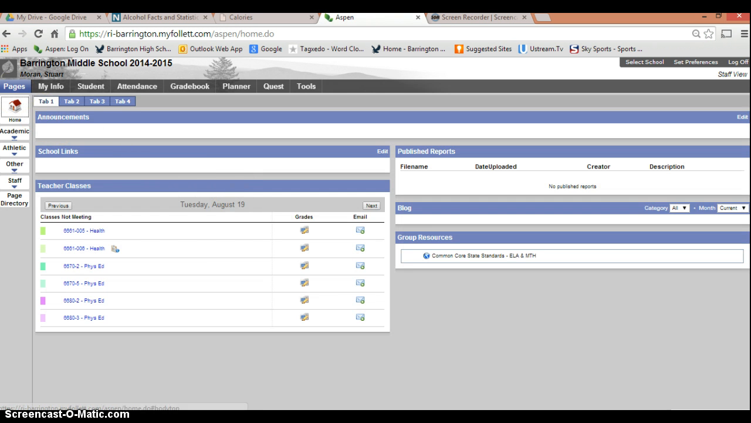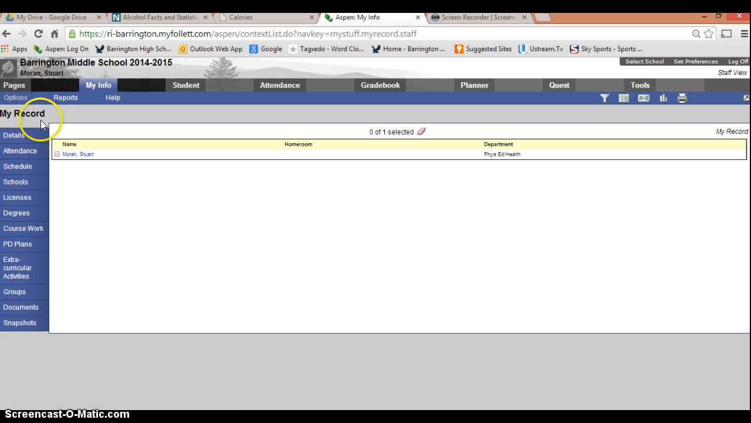Then when you get in there, you'll see your home page, and what you're going to click on is My Info right here. Once you've done that, you're going to go down on the left hand side and you're going